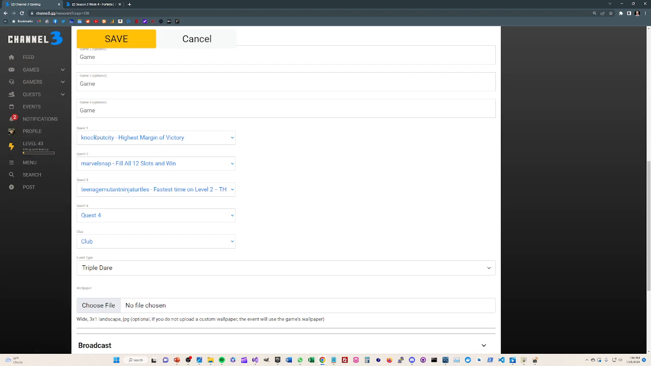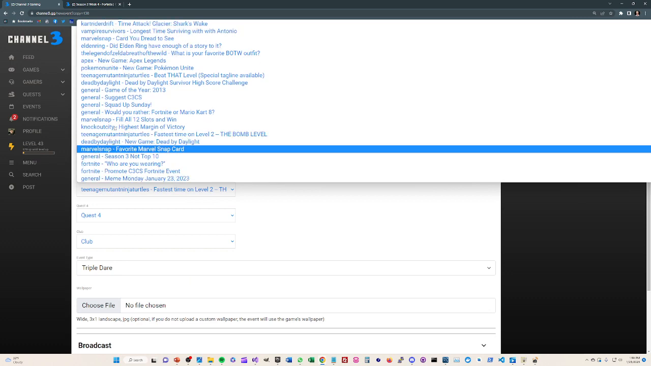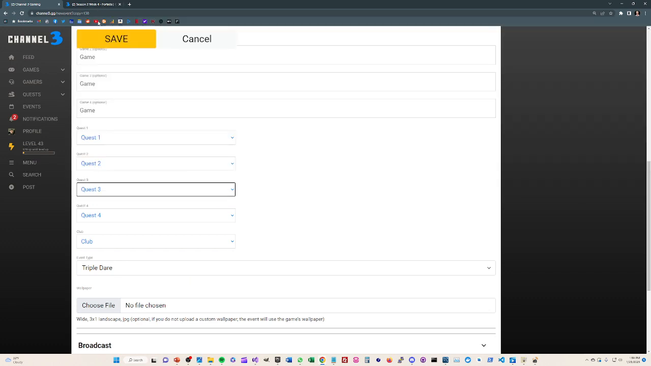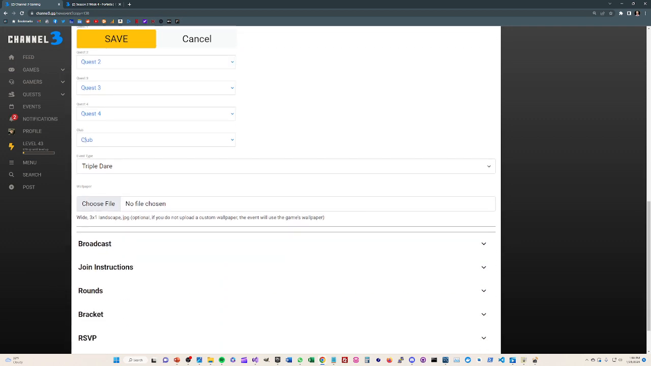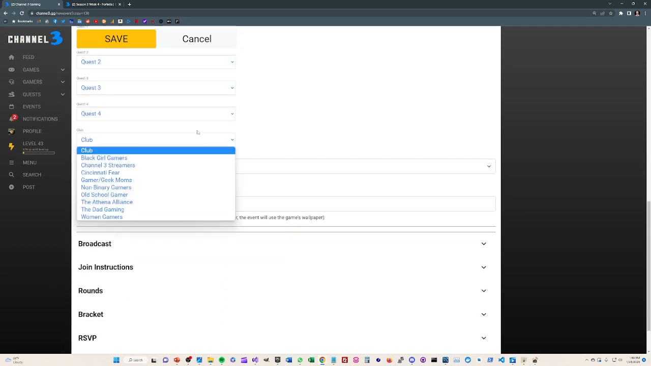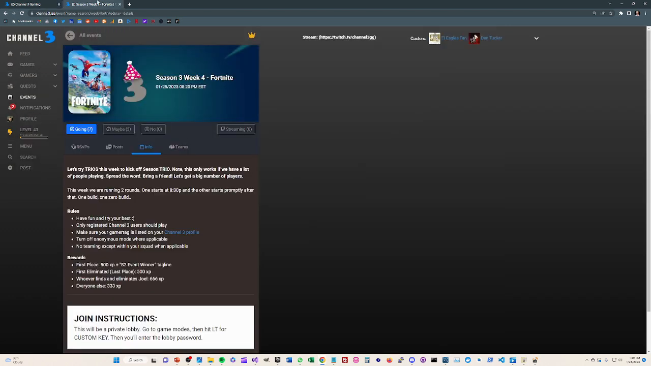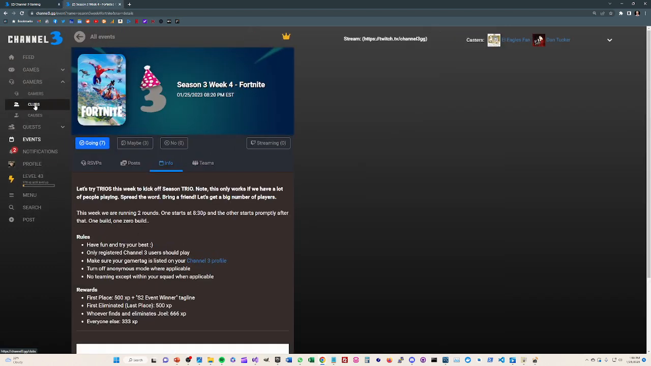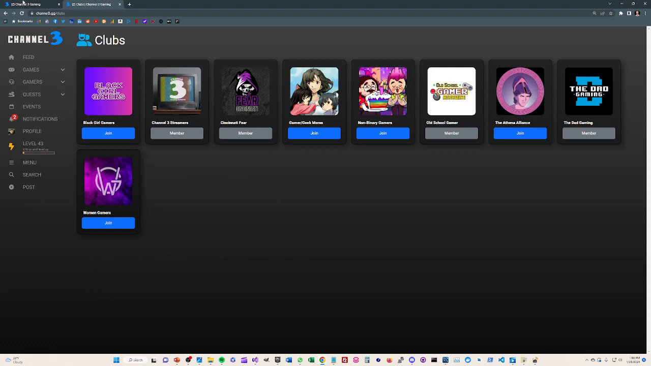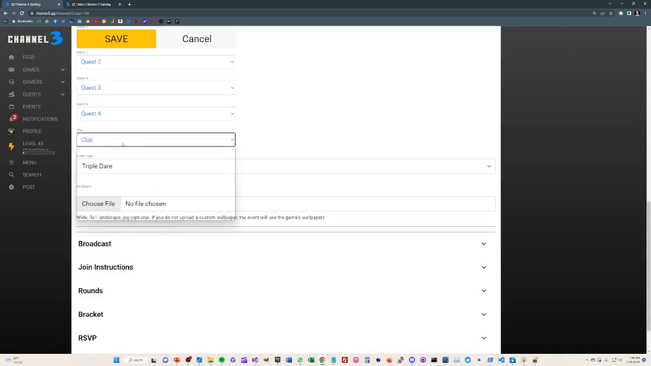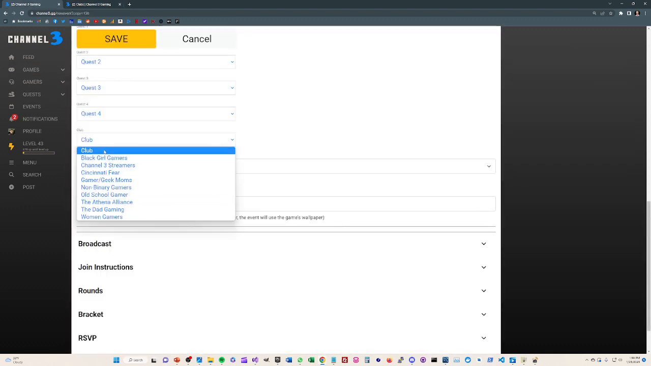Most events do not have quests associated with them, so usually these are just set to this, but Triple Dare does have quests, so that's where you select those. All right, club. Is this an event for one of these clubs? These are just the standard clubs that we have within Channel 3. This list will grow over time, and clubs will be able to create their own events, but usually this is